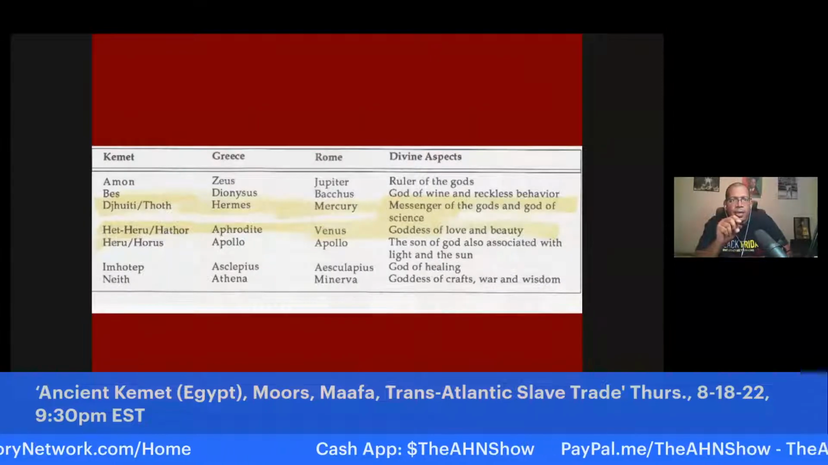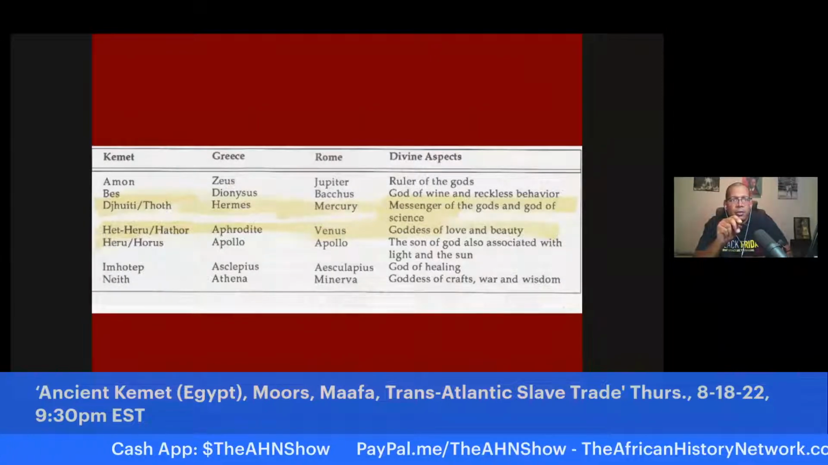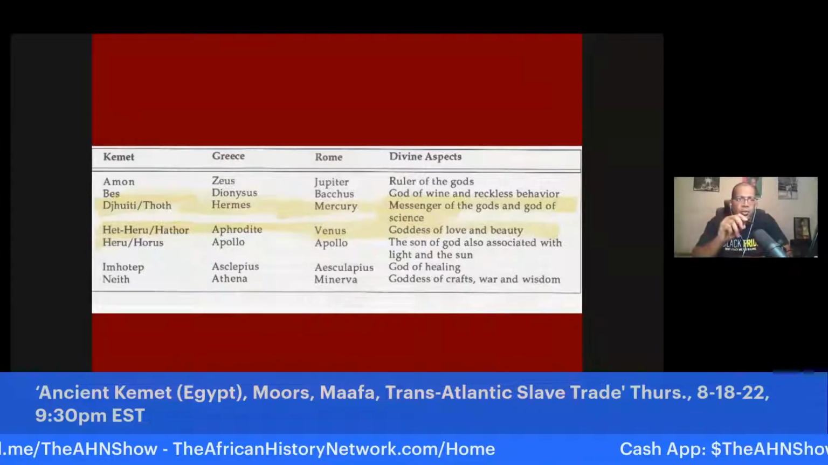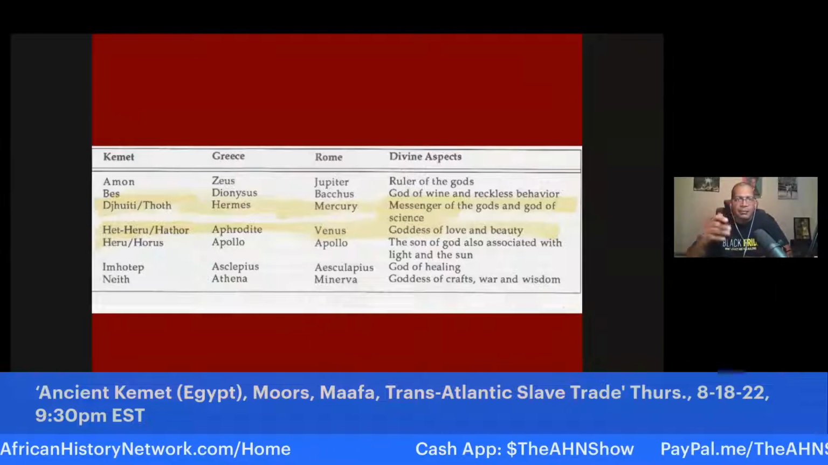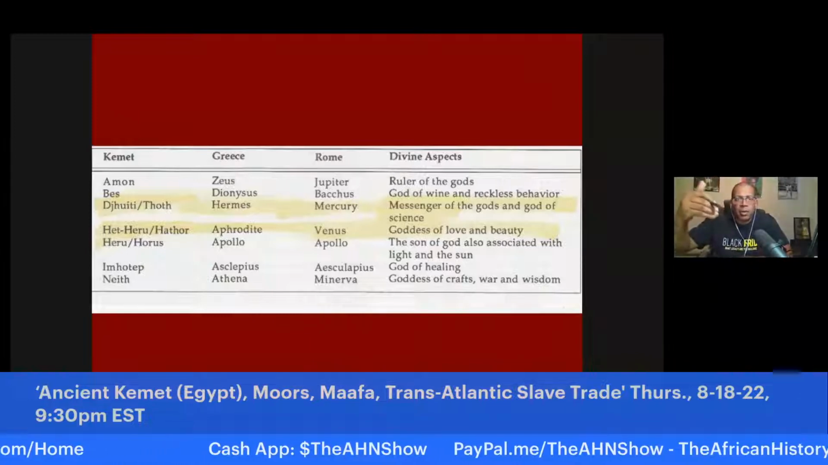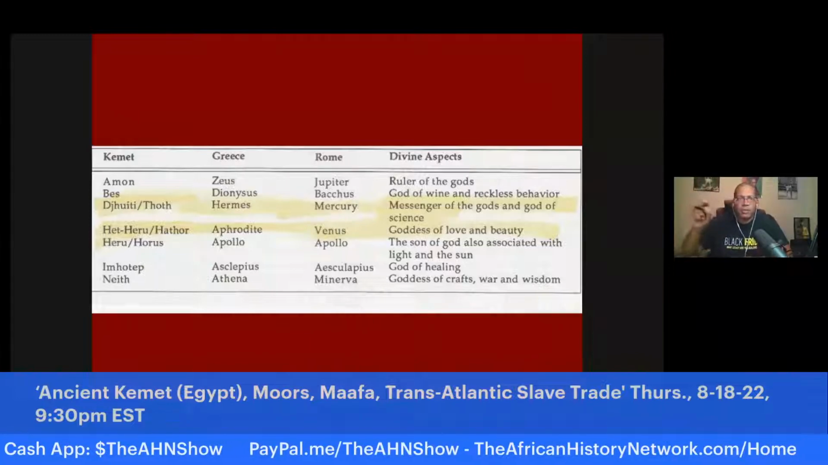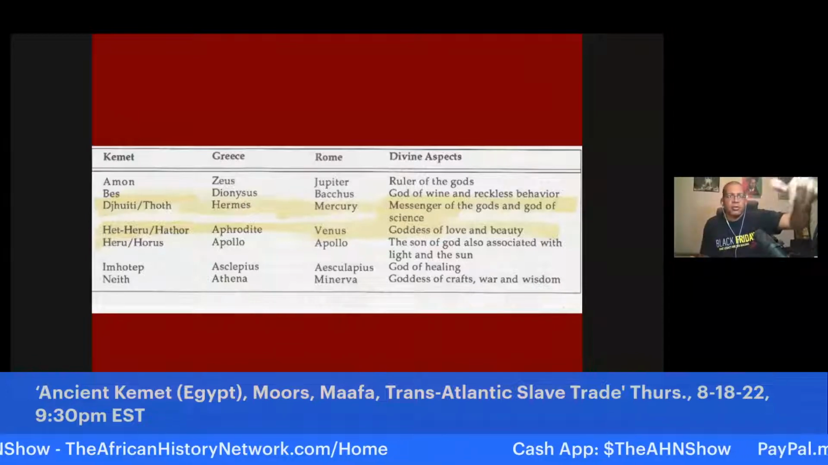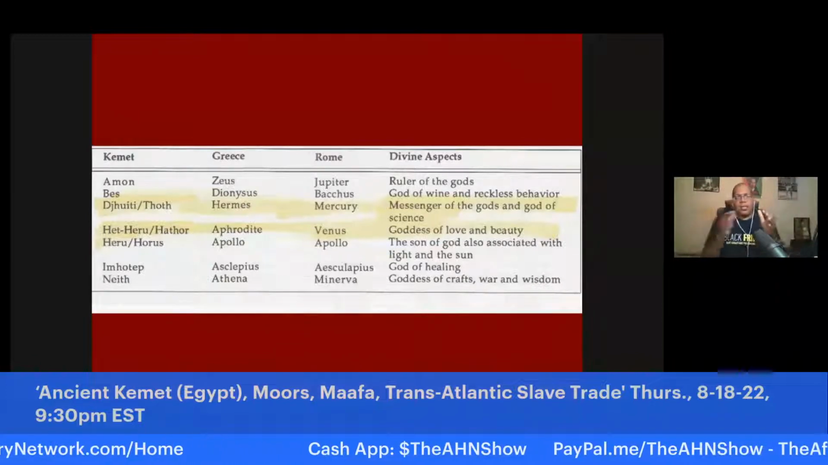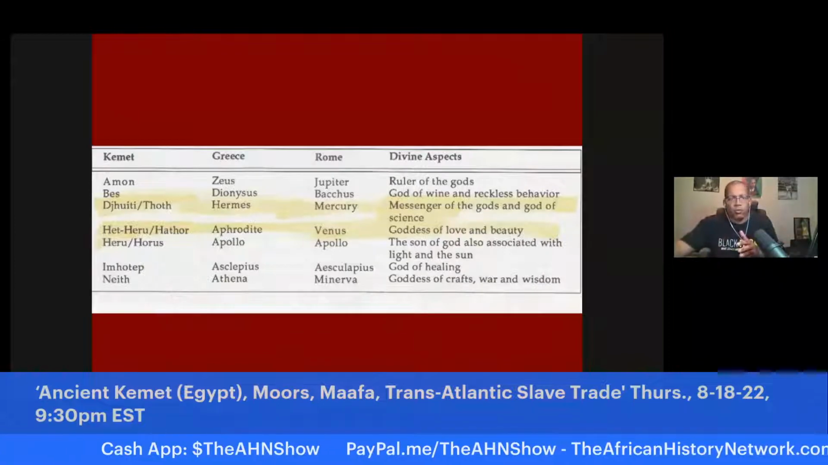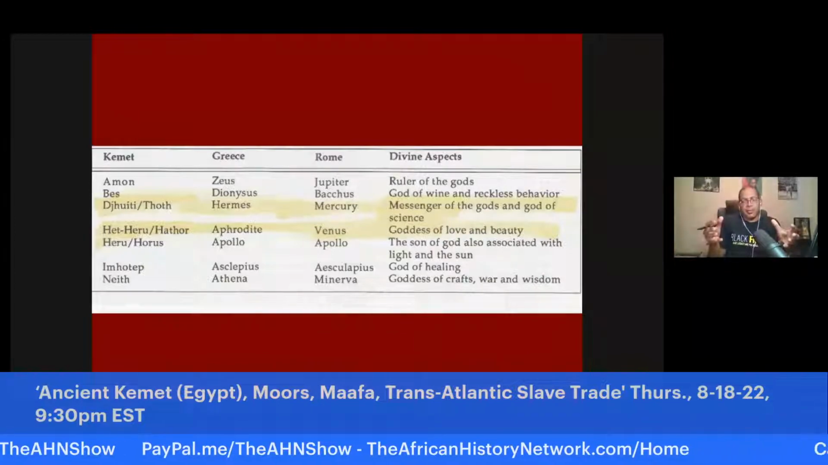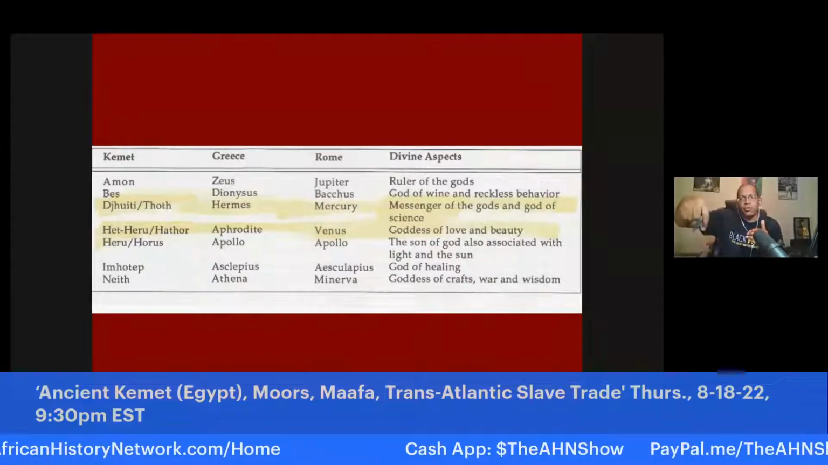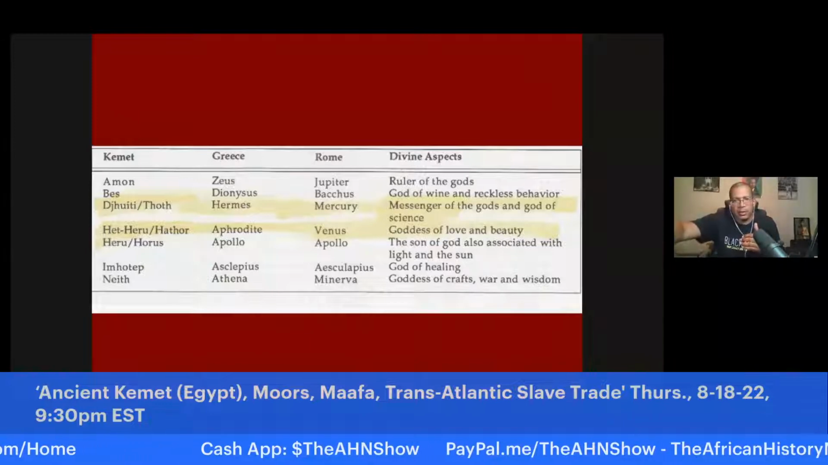And in the story, if we look here at this guide, it breaks down Mercury. So we see Dehuti, I have it highlighted, Dehuti, Hermes, Mercury, divine aspects of those three deities, messenger of the gods and god of science, messenger, right? So it's Dehuti who delivers the annunciation to the virgin Auset that she is going to give birth to Heru. In the Christian tradition, it's the messenger angel Gabriel who delivers to the Virgin Mary that she's going to